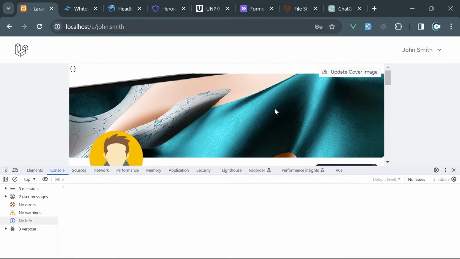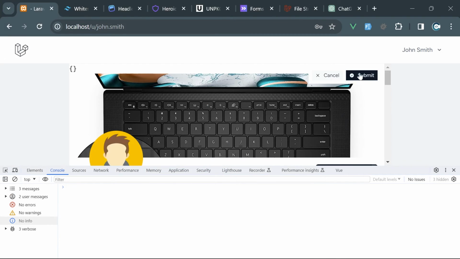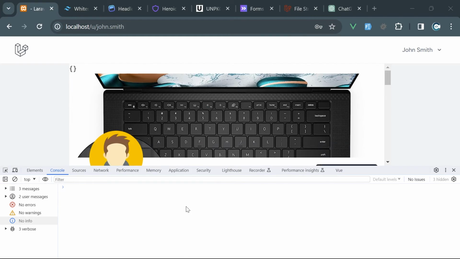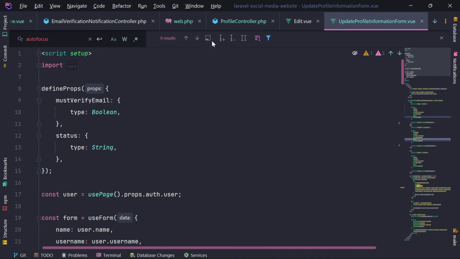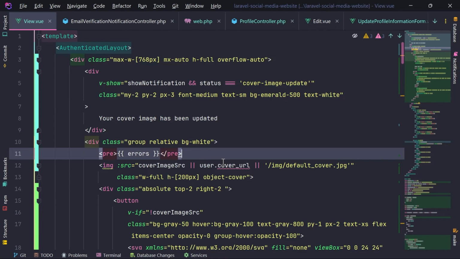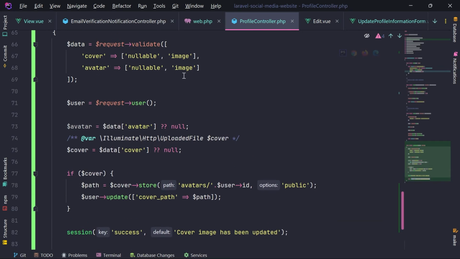Now that's good. Your cover image has been updated. Okay, awesome. Let's remove now these errors from here. But we actually need to test what happens if we upload something